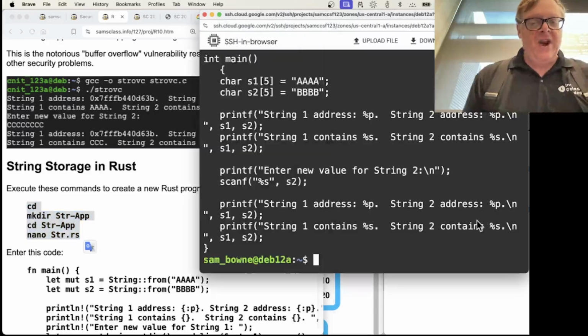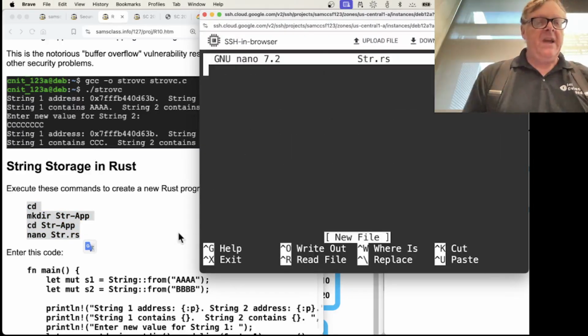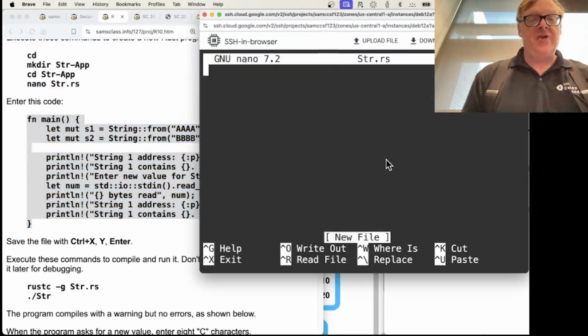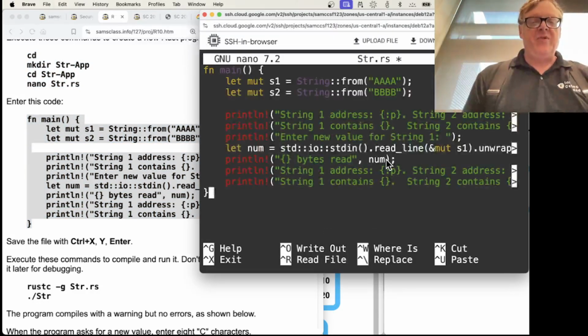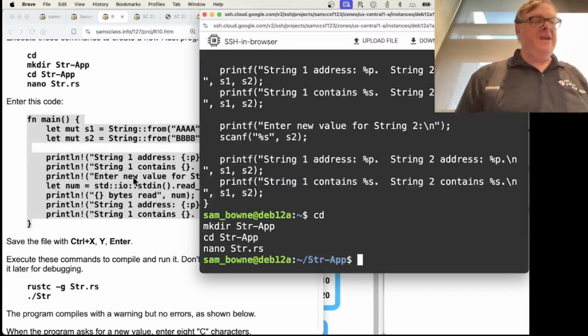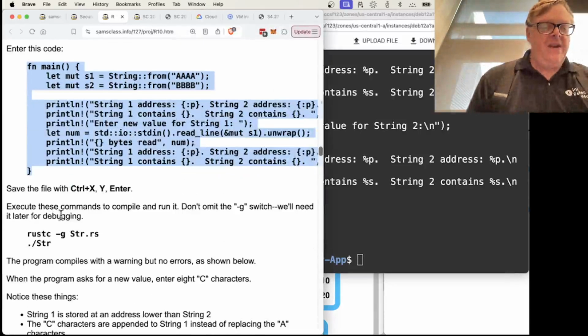If you do this in Rust, Rust is almost as fast and small as C. I think some people claim it is entirely as small and fast as C after compilation, so you don't need to put up with C for performance, but you write the same program in Rust, and by the way, it looks very much the same, and then when you run it,